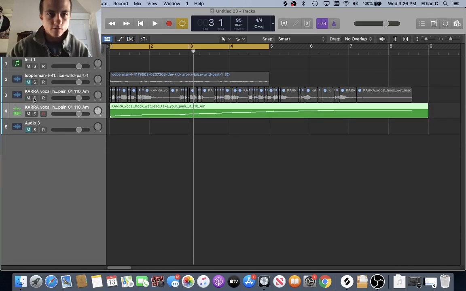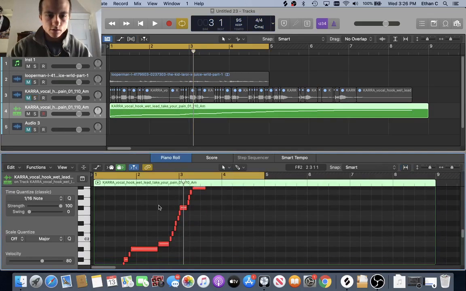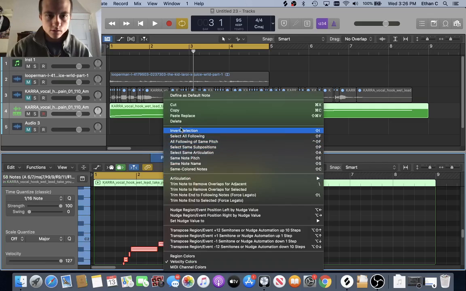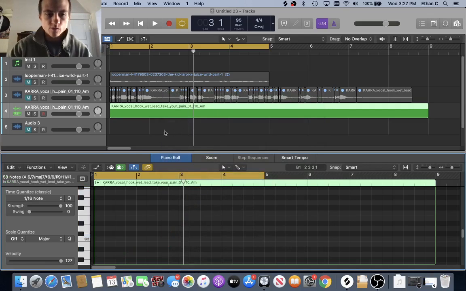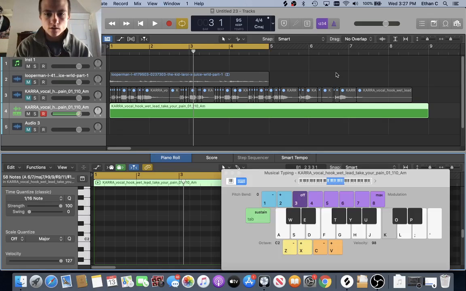So now each key is going to be a vocal chop. So let me turn this off. Let me mute this. And I'm just going to delete these. I'm going to bring up my typing keyboard here. So I'm going to hit Command K. See, each key is a chop now, and you can just try to come up with something that sounds catchy,